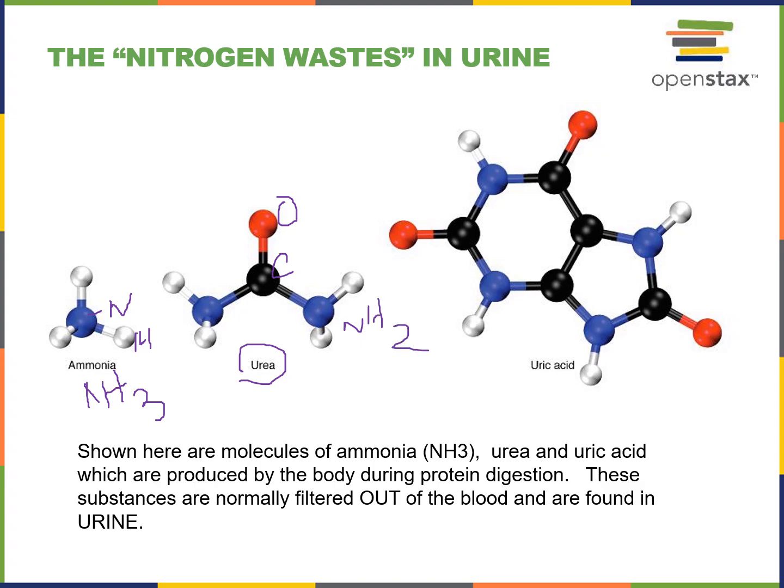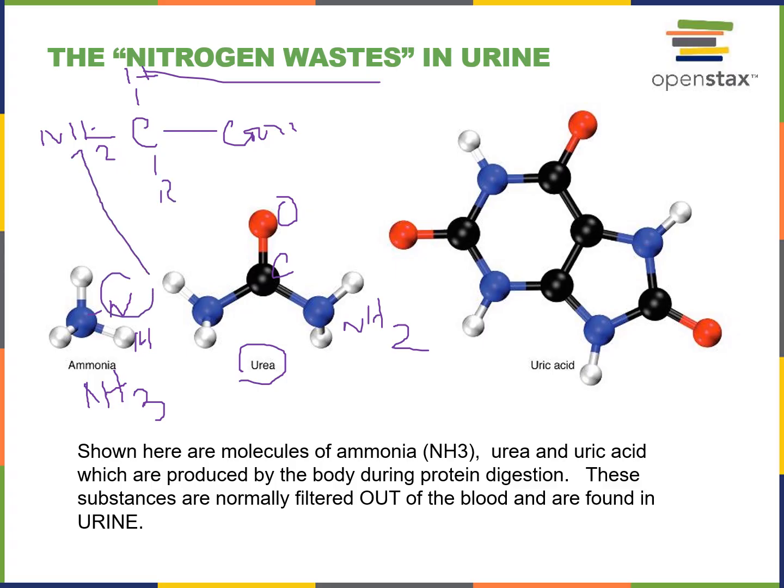Now, the majority of our nitrogenous waste, so all of them have lots of nitrogen. Why? Because they're coming from proteins. Proteins are made up of amino acids. And if you remember the structure of an amino acid, a typical amino acid has NH2 bonded to the carbon, COOH bonded to the other carbon, a hydrogen there, and then an R group. But all of these with their nitrogen, they're getting the nitrogen from that group there. And every amino acid has this NH2 group. So